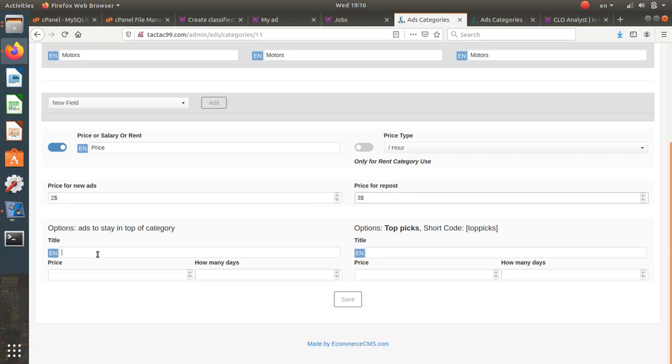And what is this? This is an option. When people select this option, for example, for their ads to stay on top of category for 7 days, for 7 days, and our put price 20, and for an enter 7. Top tick. This is a shortcode where you may copy this shortcode and you